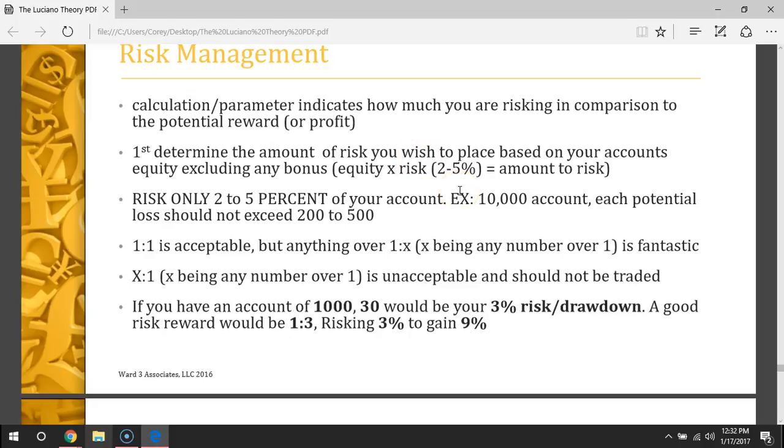Hit 500 times 3, hit the percentage sign, hit enter. That's going to give you the amount to risk. On the $500, 3% of your account is $15. So if you want to know how wide to set your stop loss to risk $15, or how much drawdown you're able to take on $15,